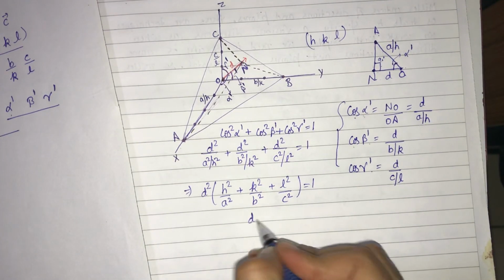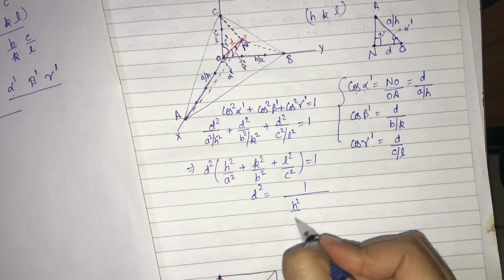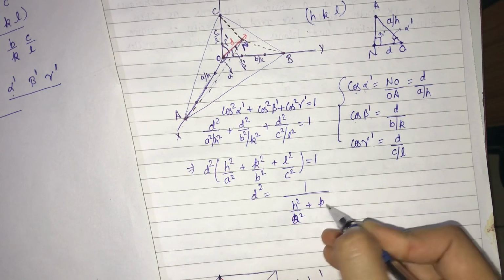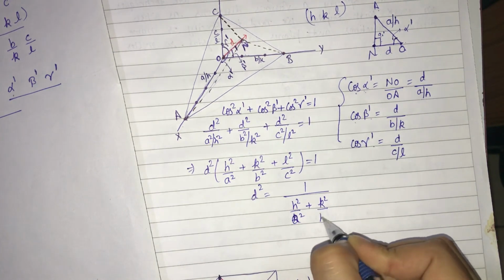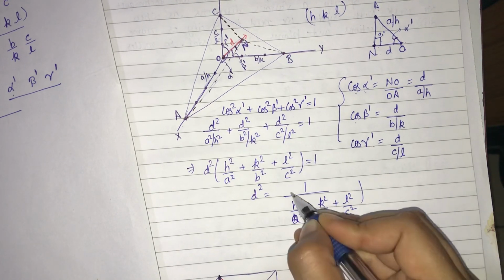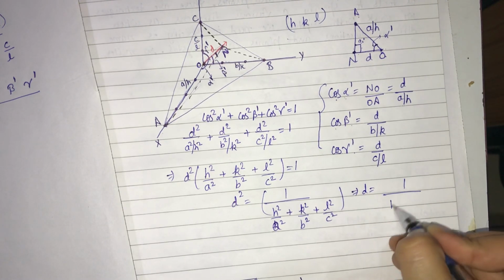So d square is the reciprocal of h square over a square plus k square over b square plus l square over c square. So d is equal to the reciprocal of h square